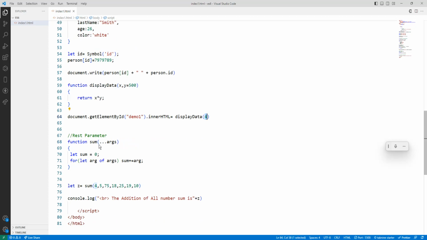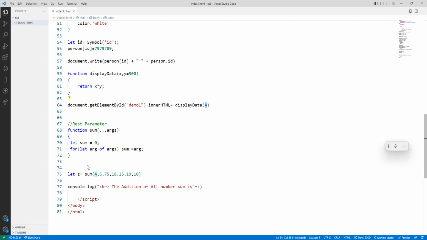And function sum args, let sum equals 0, for let arg of args, sum plus equals arg. I will check why this calculation is getting wrong. Okay, so from Monday onwards we are going to